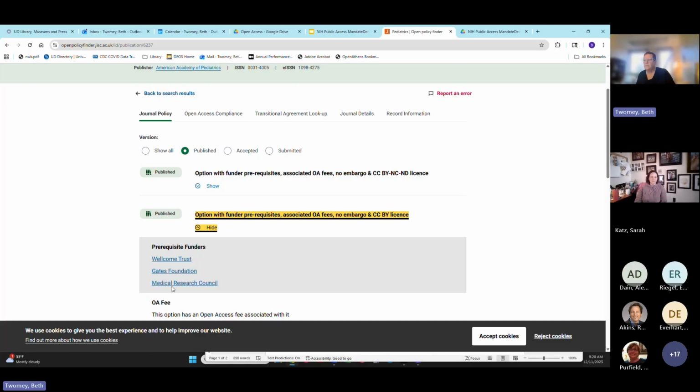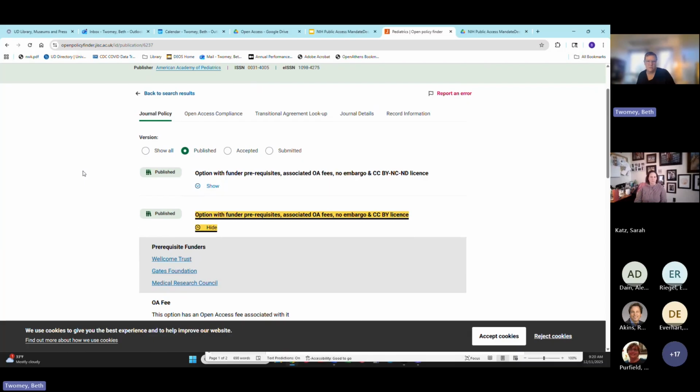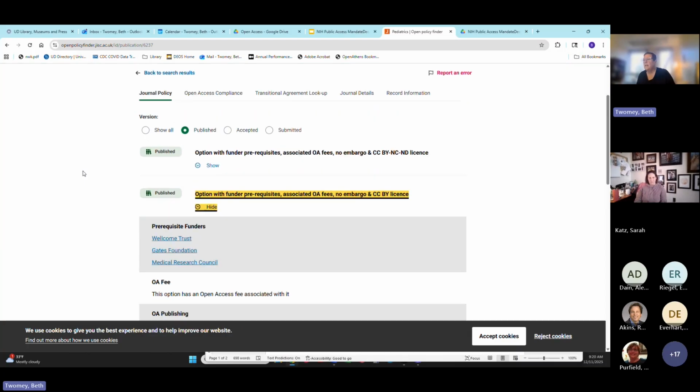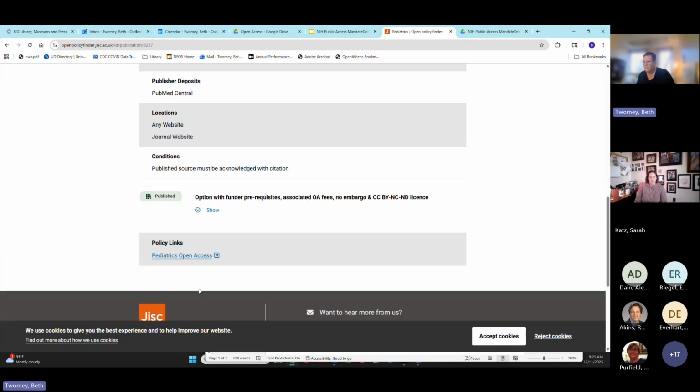Unfortunately, these prerequisite funders only do that for the UK. They do not do that for the United States at this time. So these other options up here, like transitional agreement lookup and open access compliance, only apply to the UK. But it's still a really good tool because they do index all the journals internationally, and it will have this information, and it will have direct links to the publisher policy, so you don't have to go hunting through